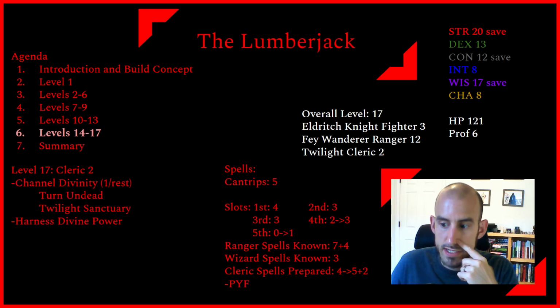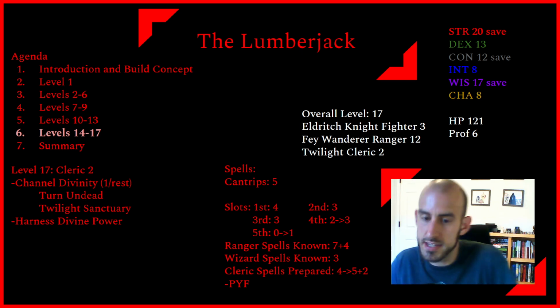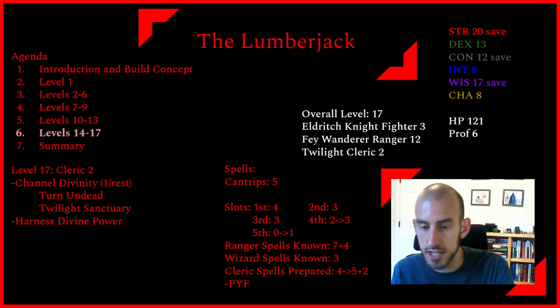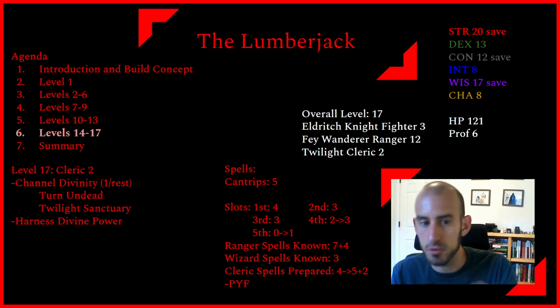Finally, at level 17, we are going to be a 2nd level Cleric. This means we get Channel Divinity once per short or long rest. We get Turn Undead, which Clerics get, and then we get the Twilight Sanctuary. Yes, this is the overpowered temporary hit point fountain thing that takes an action to activate and then no action